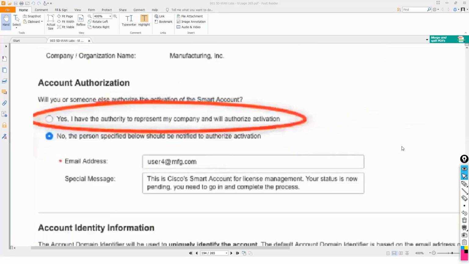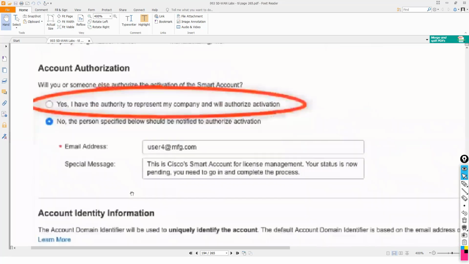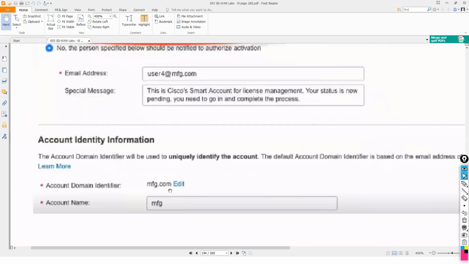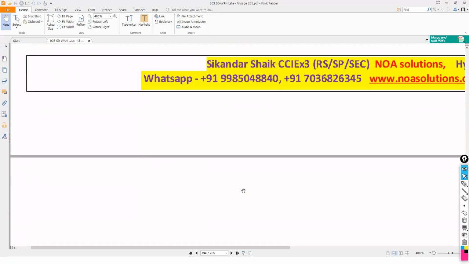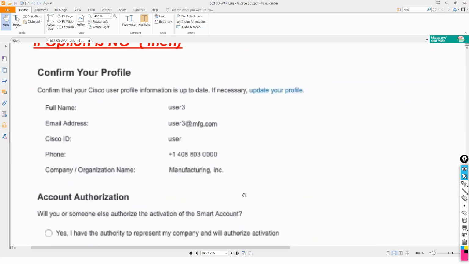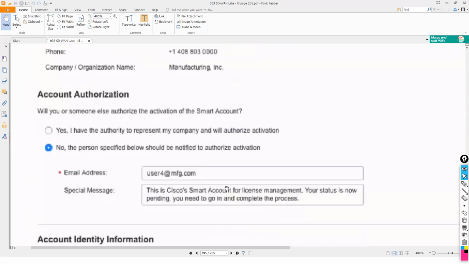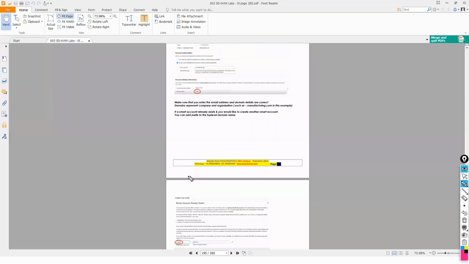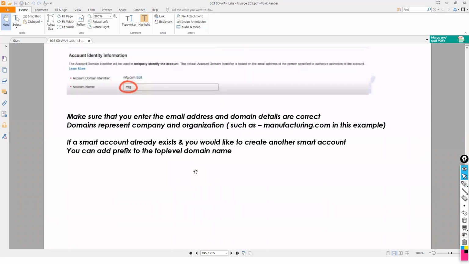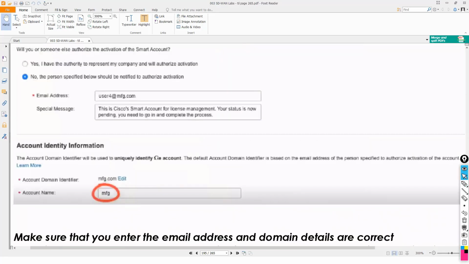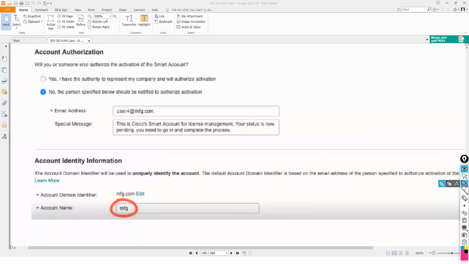So in this kind of scenario, you need to use the no option. In case I'm giving the no option, then again it will ask you for more information. If the option is no, then you need to provide the email address of that particular user who is going to authorize, and then you need to also send a special message saying